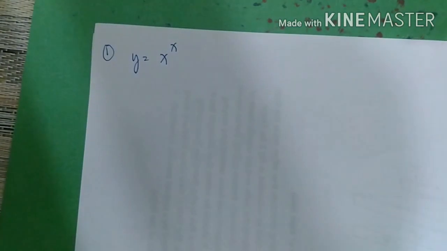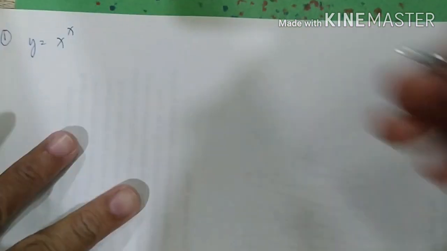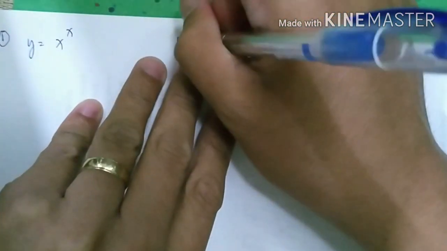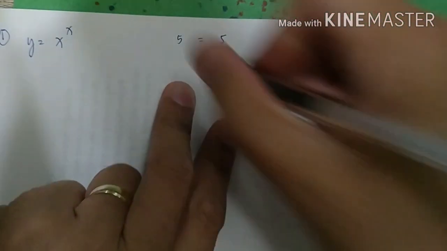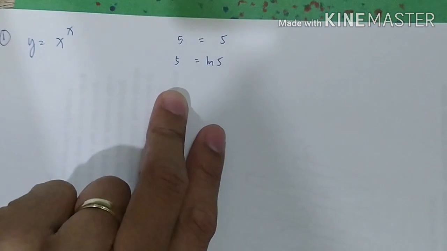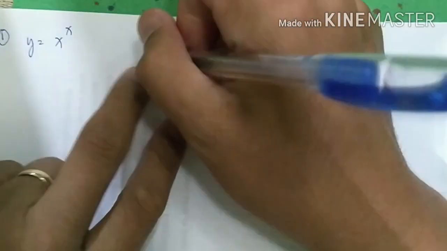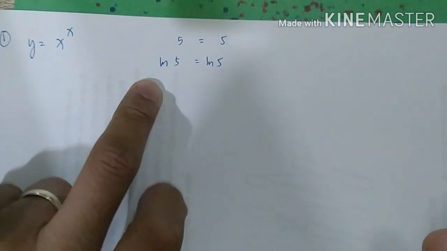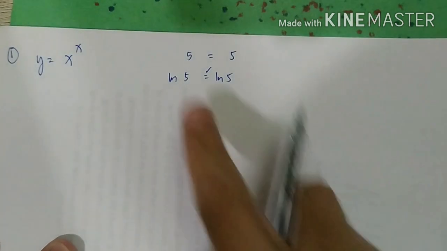So, let us try. If I'm going to take ln on both sides, kasi alam naman natin ang principle, di ba, kunyari, is 5 equal to 5? Children, say yes! Okay. So, if I'm going to put 5 is equal to ln 5, hindi na sila equal. Kasi may ln 5 ka na doon, ito 5 na lang. So, kung maglalagay ako ng ln dyan, equal na ba? Yes, they are equal. So, if you put ln on both sides, since parehas lang sila,